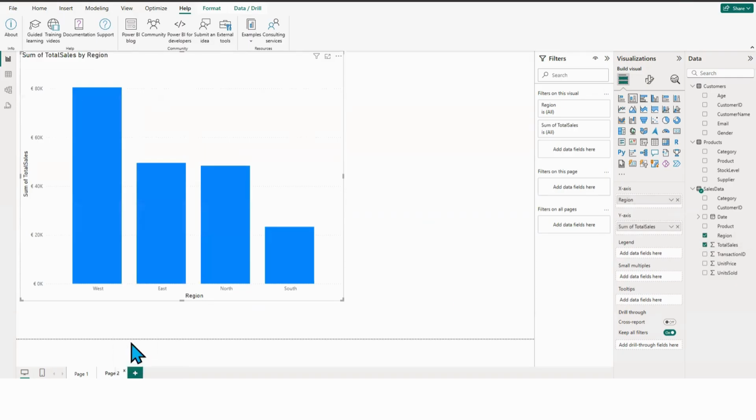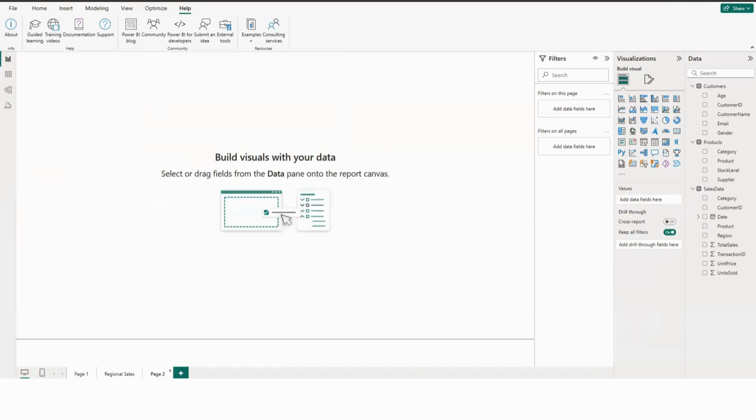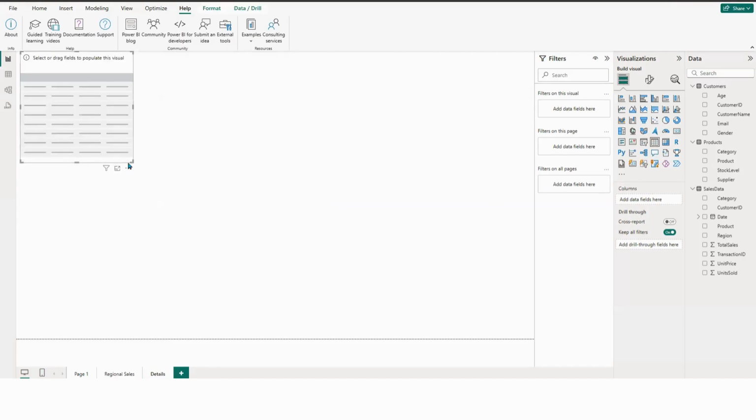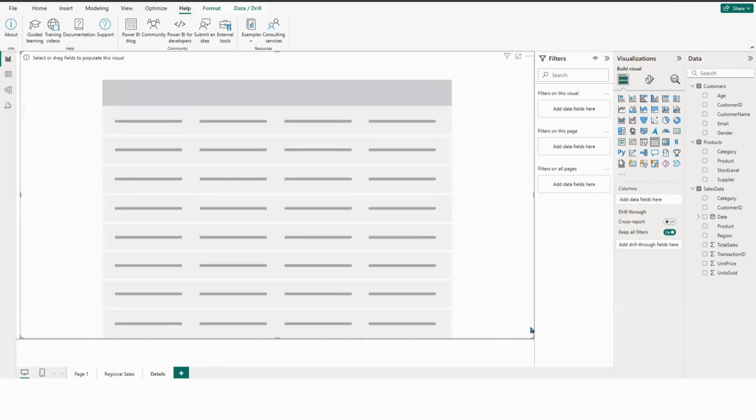So I can rename it as regional sales. Then I want to create another page, and I want to call that details. I press enter. Now on these details, I want a table, and then on the table, I want